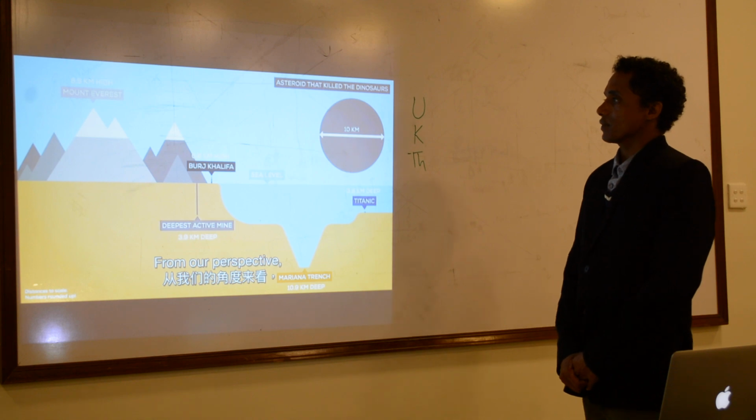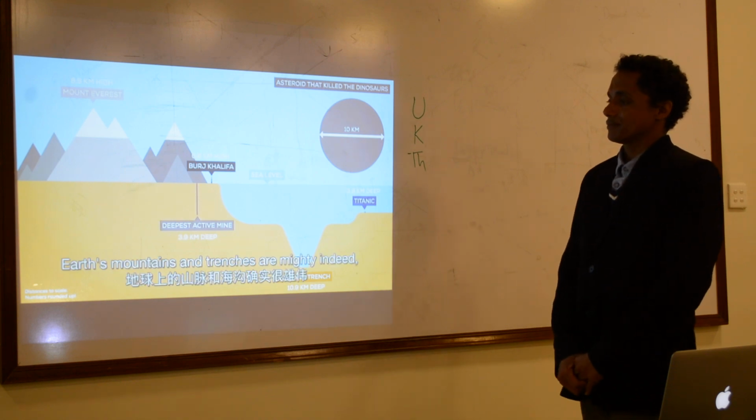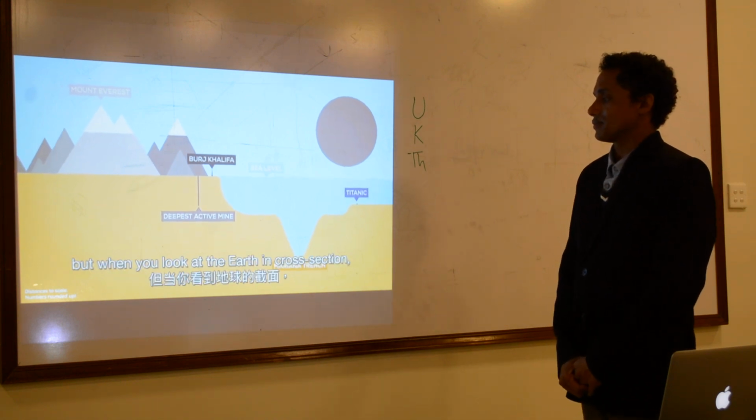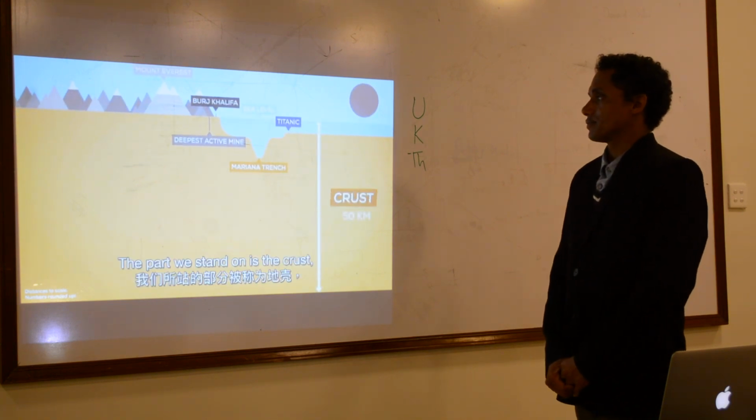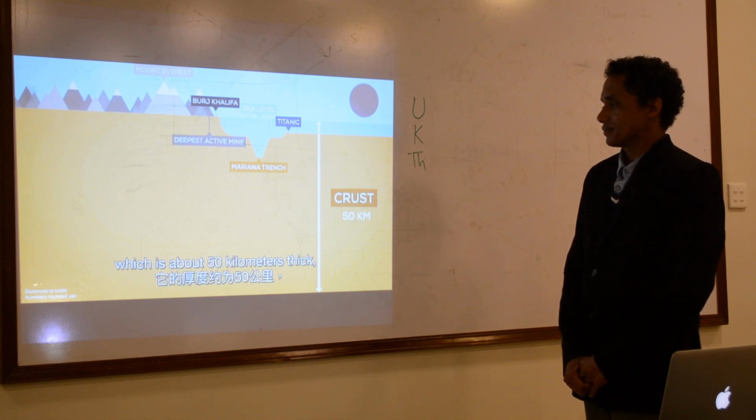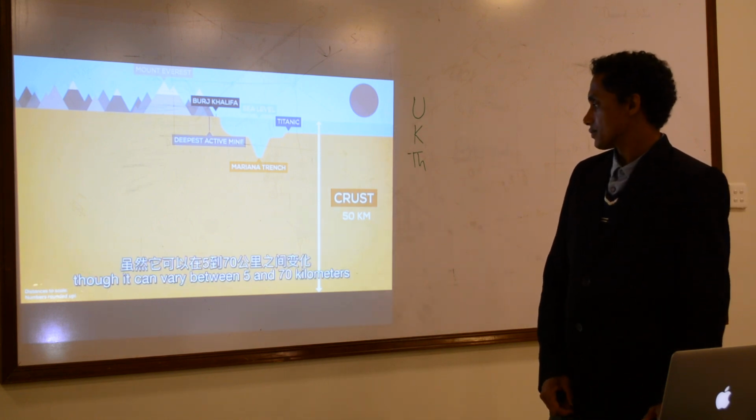From our perspective, Earth's mountains and trenches are mighty indeed, but when you look at the Earth in cross-section, you can see how tiny they actually are. The part you stand on is the crust, which is about 50 kilometers thick, though it can vary between 5